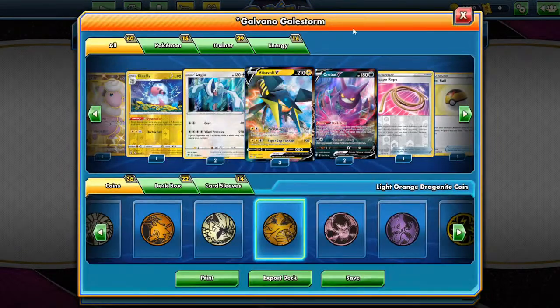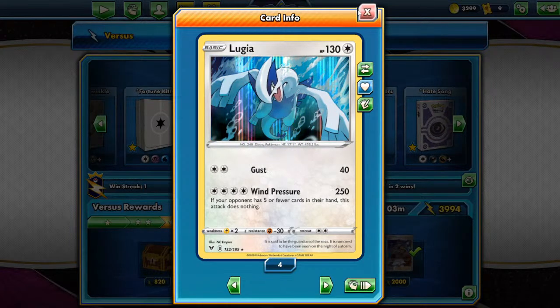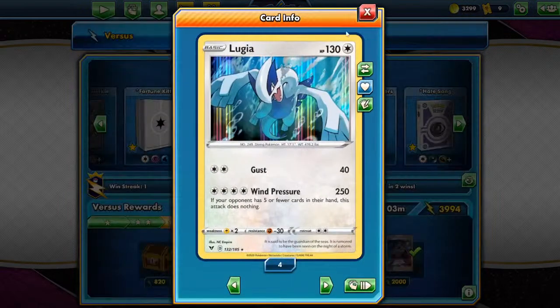And that Rugged Helmet is going to add that extra 1 card. Drawing prize cards is going to destroy them as well, because drawing extra cards into their hand helps us use our Wind Pressure for a 1 prize attacker for 250 damage. But obviously, they can actually Boss's Orders you after that. After using your first Wind Pressure, you're going to have to be very careful,